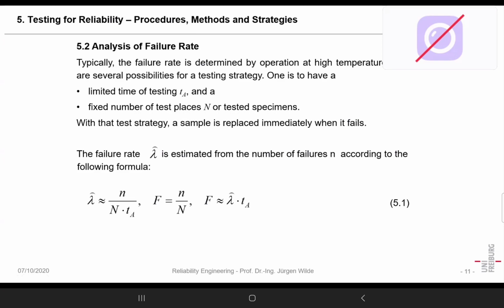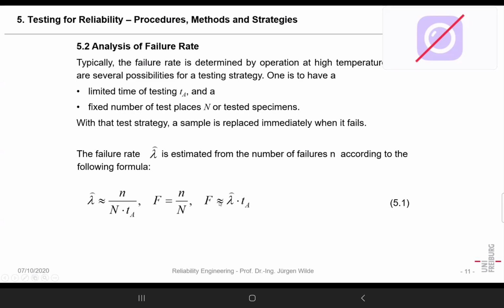Of course, we know that is not true at all, but to keep things simple here, we do it that way, and that's an estimate. That's an estimator. We estimate it just on the basis of data we have. The estimator for the failure function is just n divided by N. If 50% fail, f of t is 0.5. For small values of n, we need a corrector, but that's not important here.